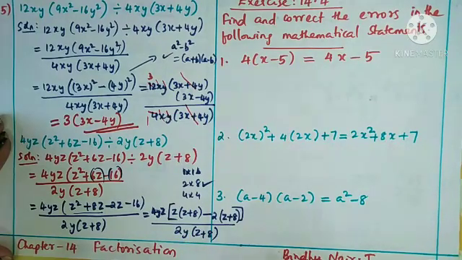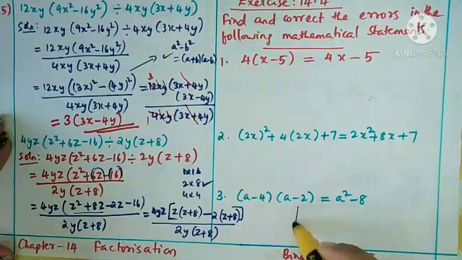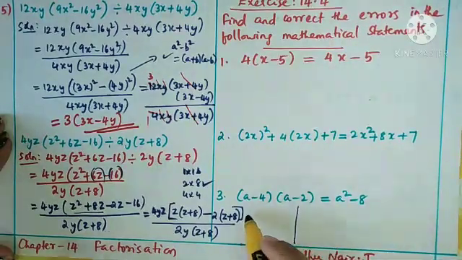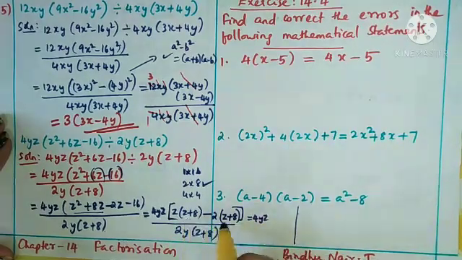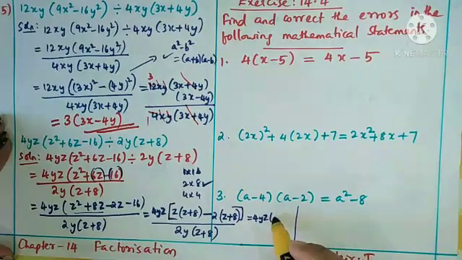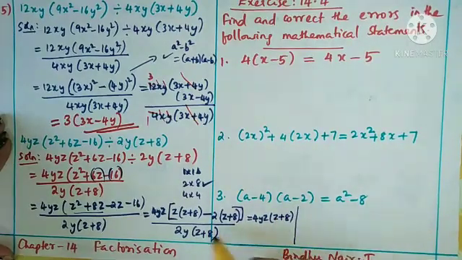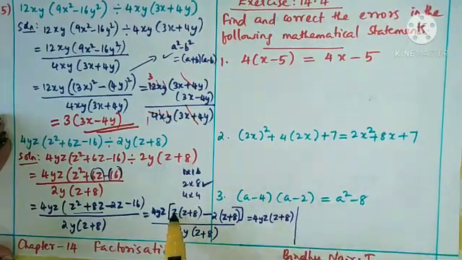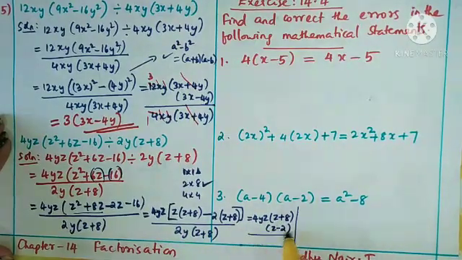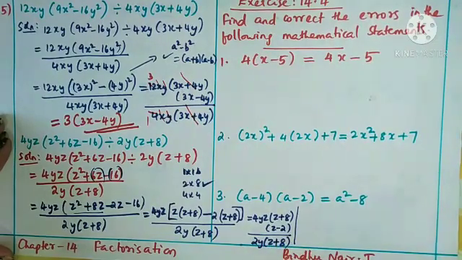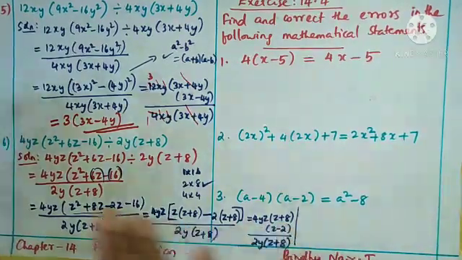Okay, so now you see, this is equal to 4yz into. From these two you can see a z plus 8 common. So that common you can write, z plus 8. So what is the remaining? Here z, here minus 2. So z minus 2, by 2y into z plus 8. Okay. Yes. Now all the things are simplified.